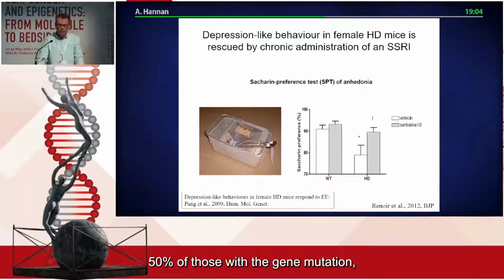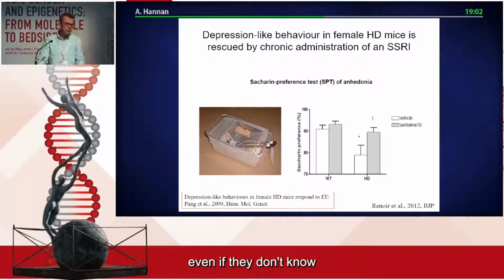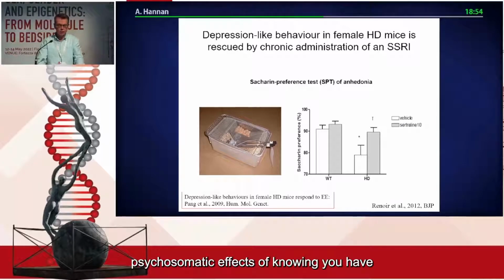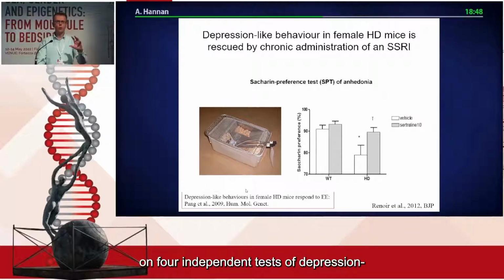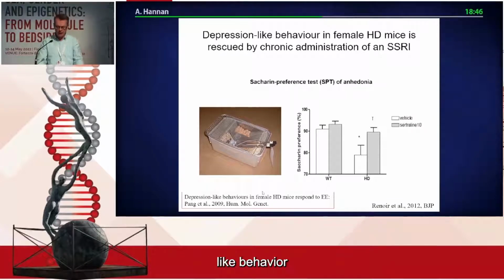Approximately 50% of those with the gene mutation, even if they don't know they have the mutation. And the mice don't know they have the mutation, so it gets away from any possible psychosomatic effects of knowing you have a gene mutation that causes a fatal disease. And so we're able to show on 4 independent tests of depression-like behaviour that these female HD mice show depressive-like